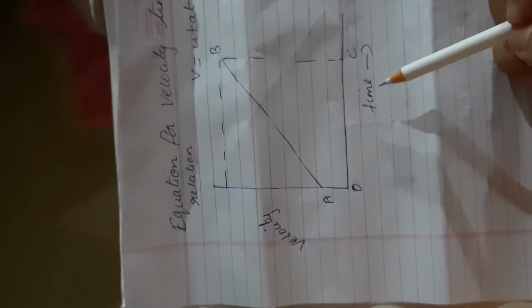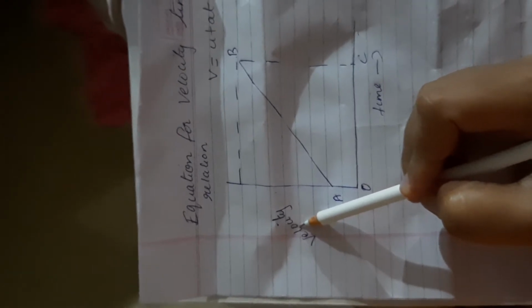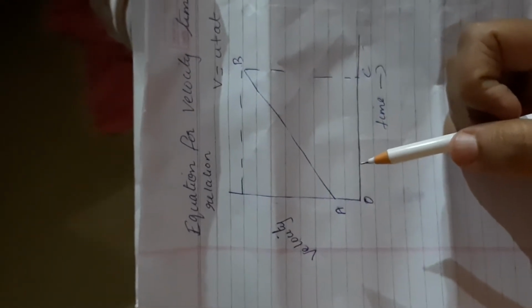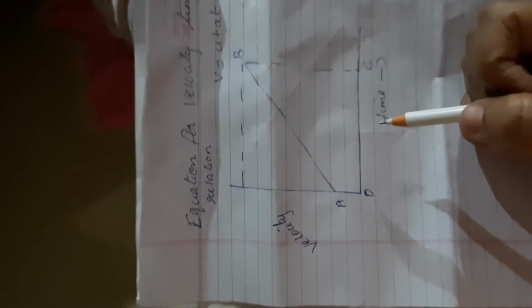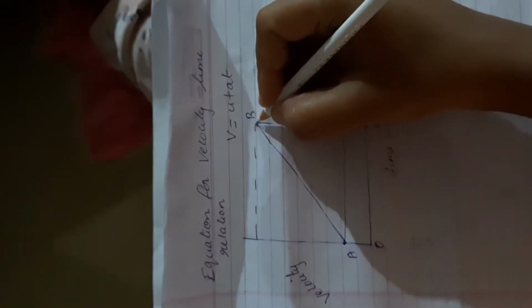Consider a velocity time graph. You have to mark the time in x-axis and velocity in y-axis. You already learned that the slope of a velocity time graph gives what? A slope of a velocity time graph gives acceleration. So here you have to draw a line parallel to OC and mark it as D. Okay, so here the object starts travel from a point A and it ends in point B.